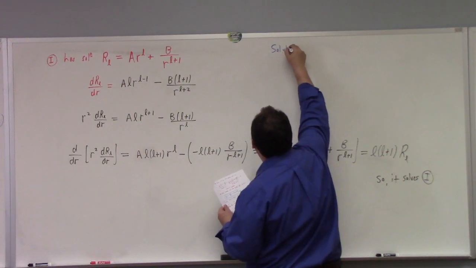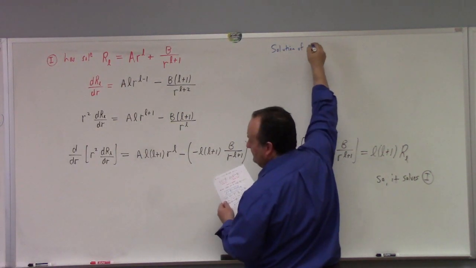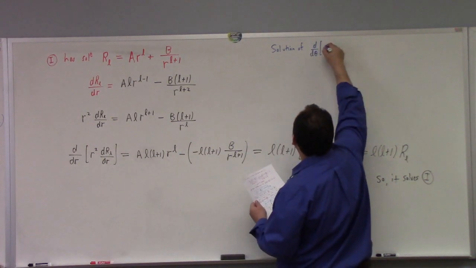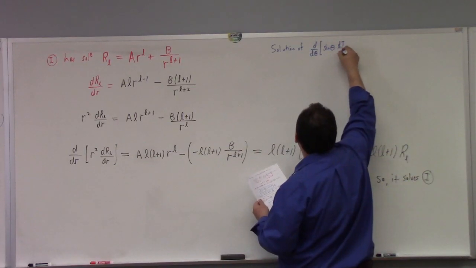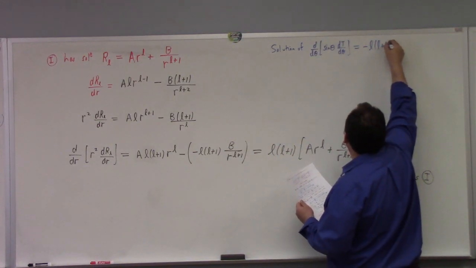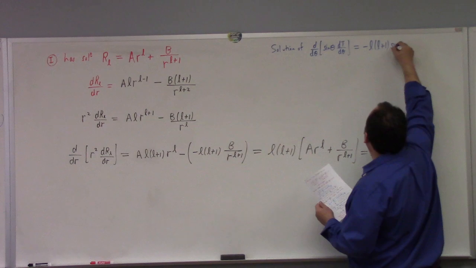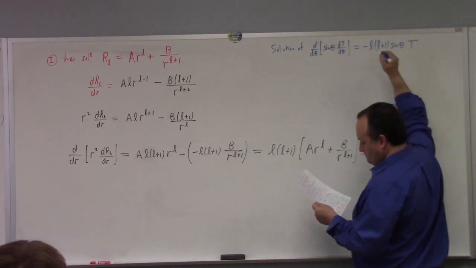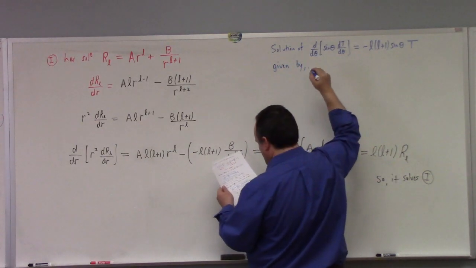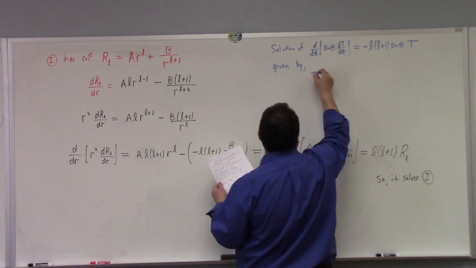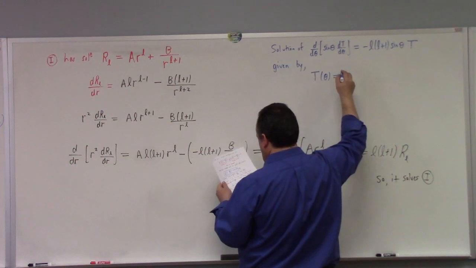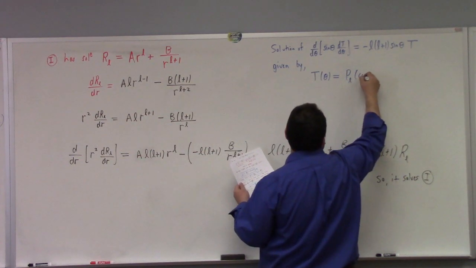the solution of the other one, namely d theta of sine theta times d theta equal to minus L times L plus 1 sine theta times T, is given by T of theta equals the Legendre polynomial in cosine theta,